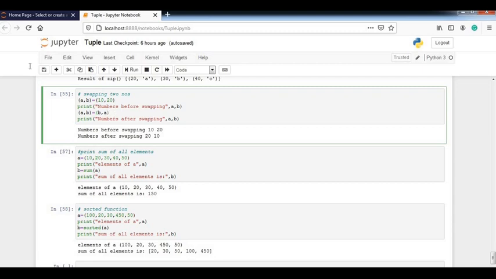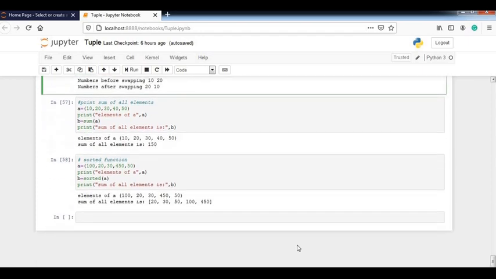See, how easy it is. In most languages you have to write 3 to 4 lines of code, but here with just one line I can swap the values of two variables.